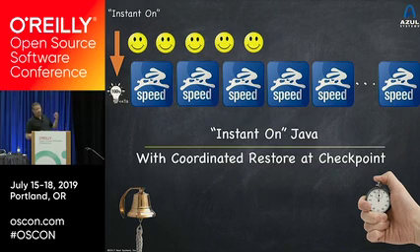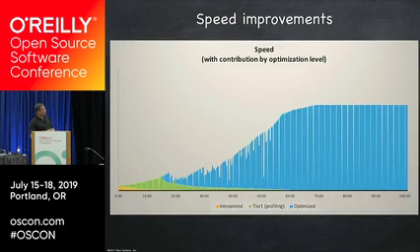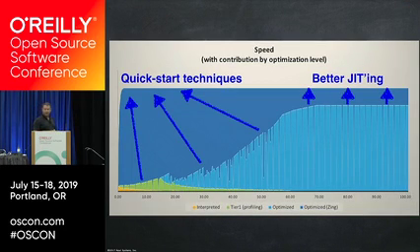That's where the instant-on nature of CRaC comes in. You bypass the entire set of loading classes, initializing stuff, and the first 20 seconds of the application thinking about things, and just jump into a running mode that was saved as the mode you want to run in. So if you take a look at what this means from a behavior point of view, improving the JIT speed will get you higher speed. Doing these various quick start techniques basically moves it up to an almost instant-on behavior.